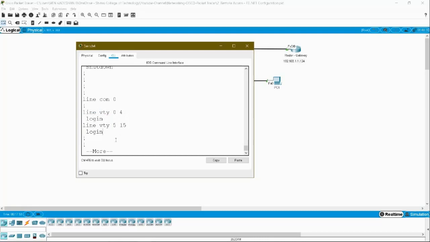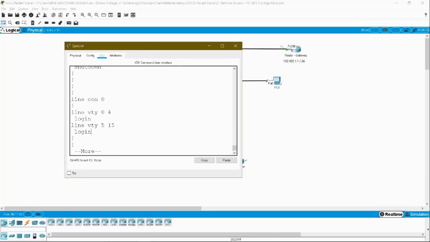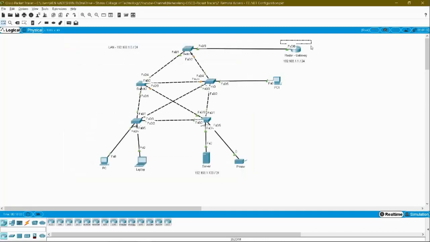So here I have to configure telnet. Before that, you have to understand that for accessing a router you have an IP address. This port's IP address, 192.168.1.1, is your router interface IP address. But if you want to access this switch or any switch, you have to access it through an IP address. But do you have any IP address for the switch? As of now, no. So you have to assign the IP address.